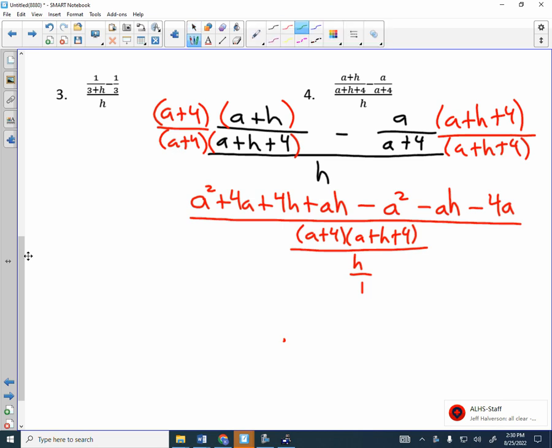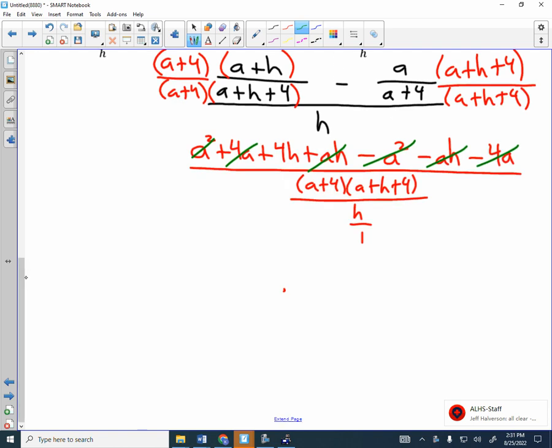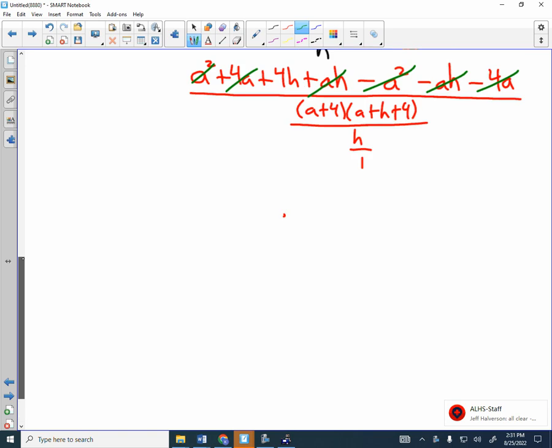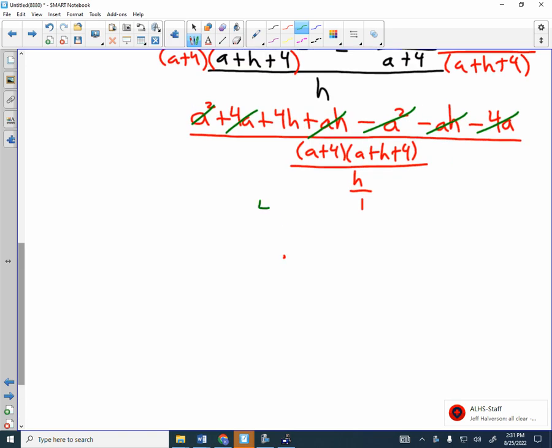What do you notice? Yeah, if you combine like terms, a squared and negative a squared, they're gone. What else goes away? ah and negative ah, 4a and negative 4a. What are you left with in the numerator? Just 4h. So I write it as 4h over a plus 4 times a plus h plus 4, and then